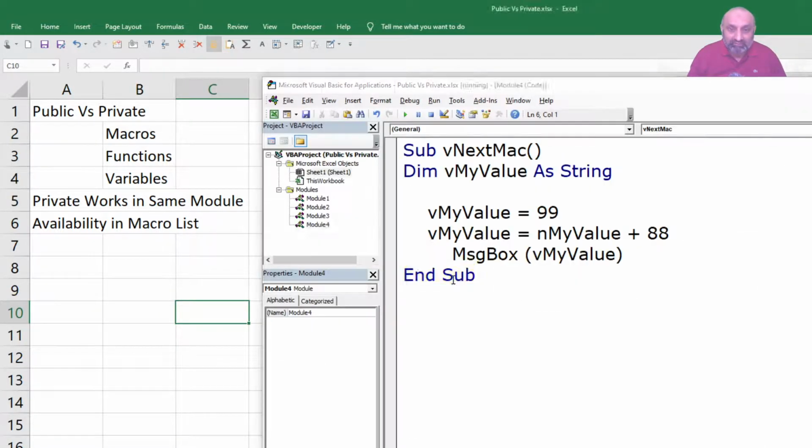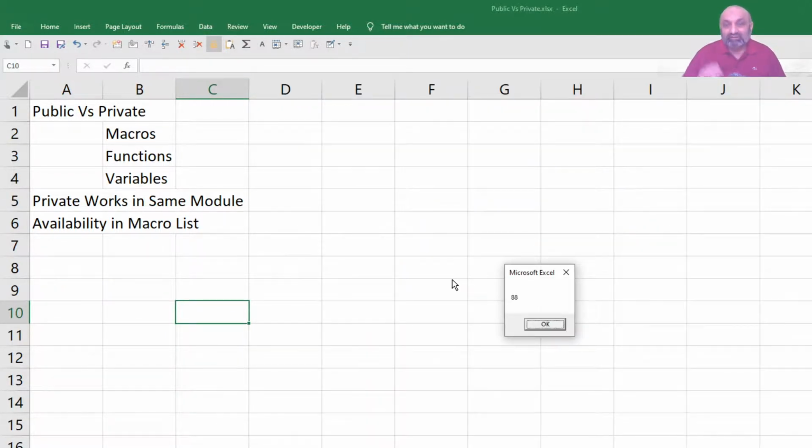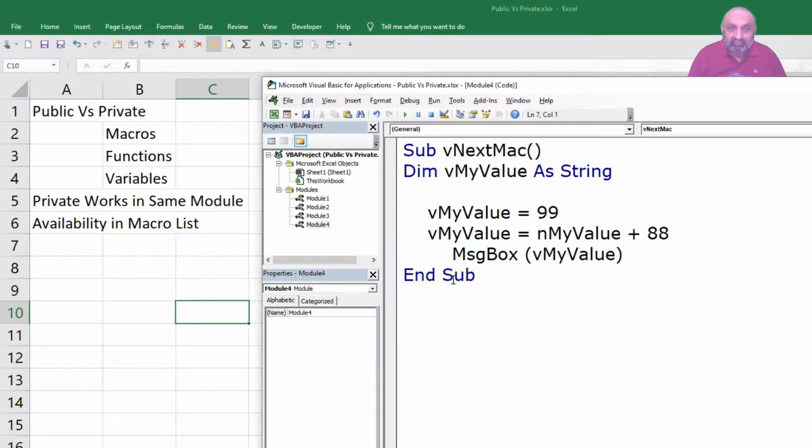Oh, it's still working, but it's 88. You see, my value plus 88, it should be 99 plus 88, but now the result is 88. So there is no error, but the calculation is not done. Okay, so this is about how to declare a variable, and what type we select has an impact.